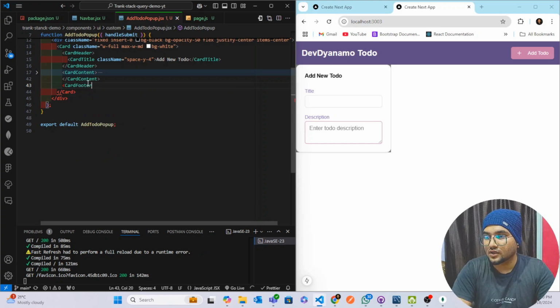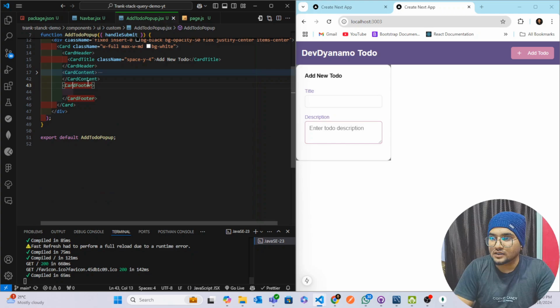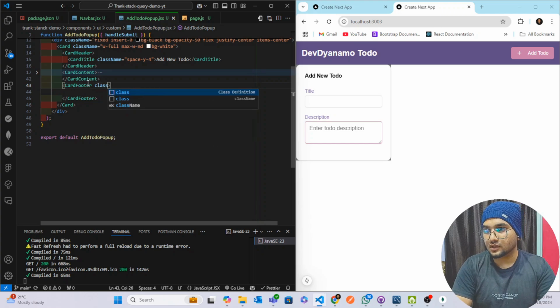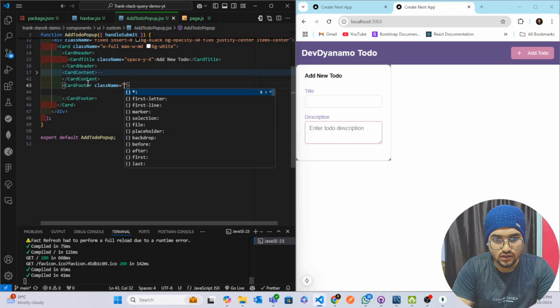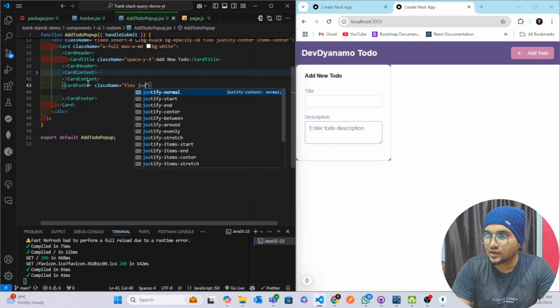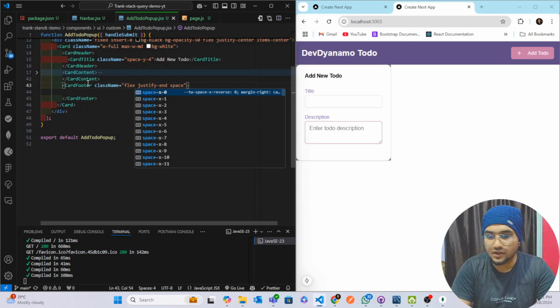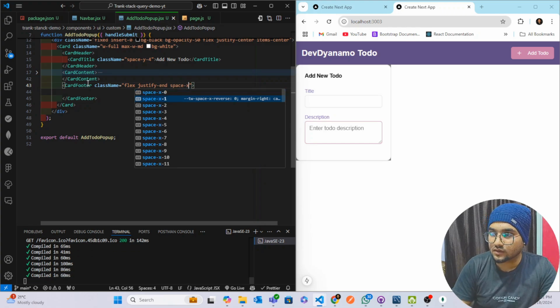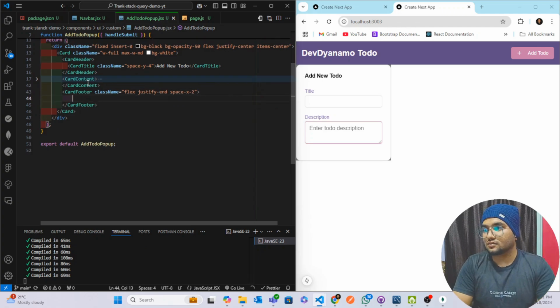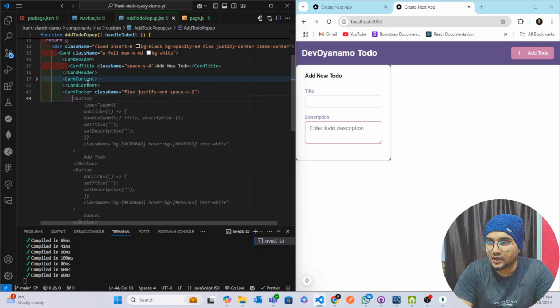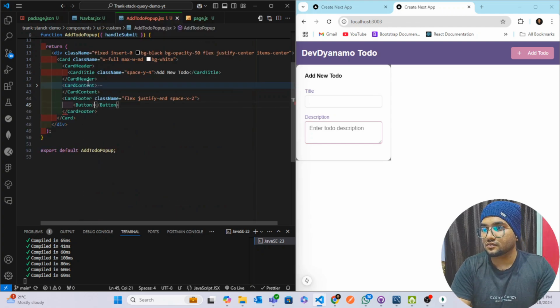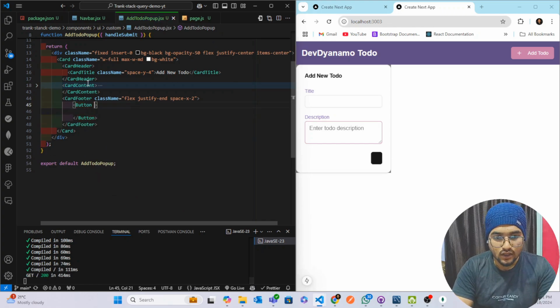Okay, footer, which is coming from Shadcn again, and let's give some class first. Class name is equal to, let's take flex. Okay, means I want the two items in the justify end, both the items in the end, and space-x-2. In the x-axis we need some space. Okay, and let's take buttons, which is coming from, okay, we have already imported that button, and on click